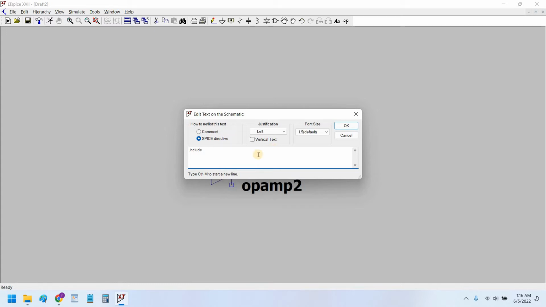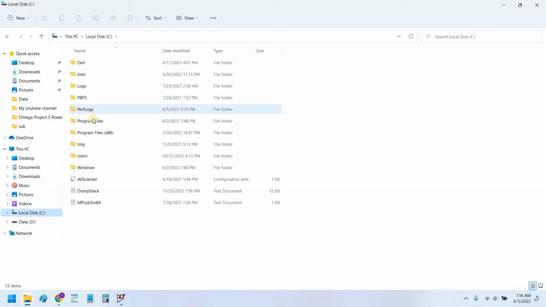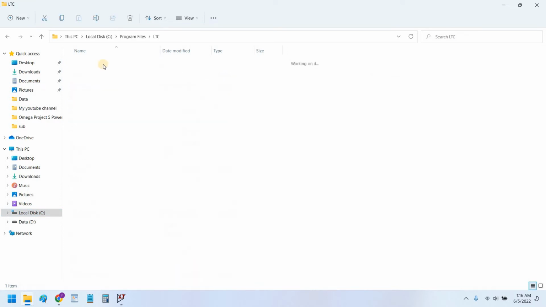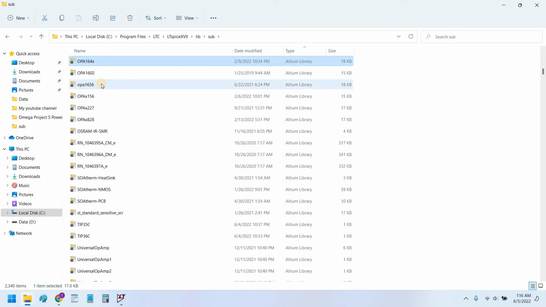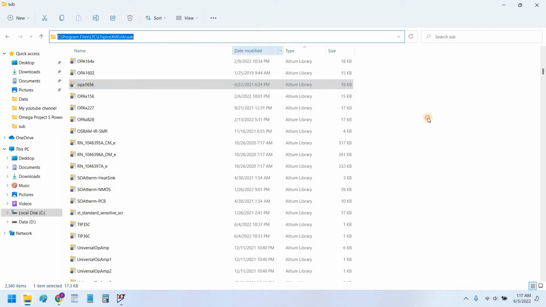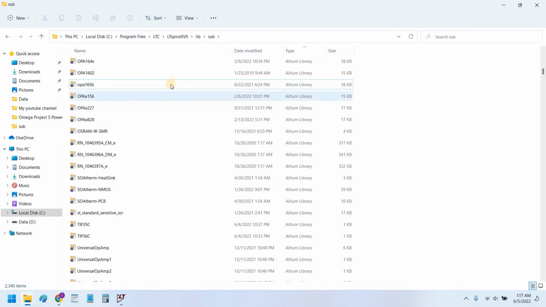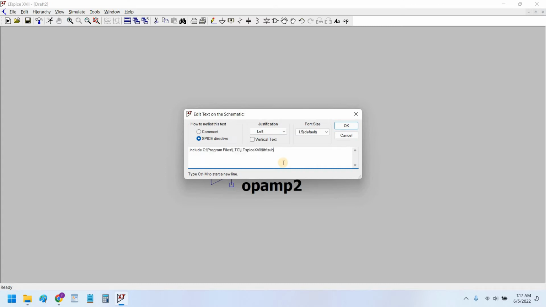.include and place the directory path into the Spice directory. This is my directory path in which the model is placed, and I will copy this path and paste it here, slash OPA1656.lib. Okay, we are going to use this model